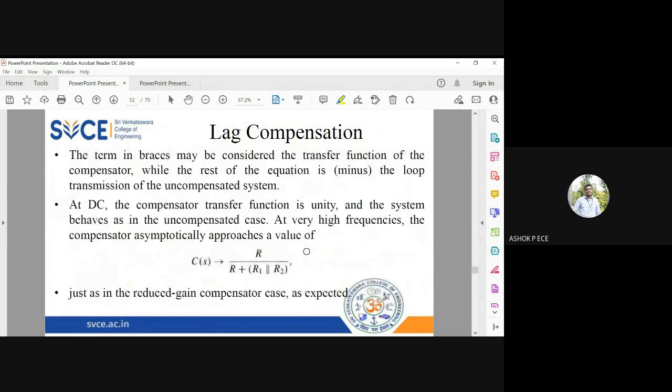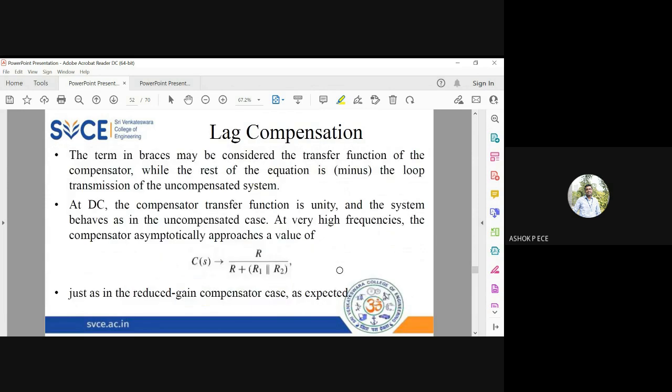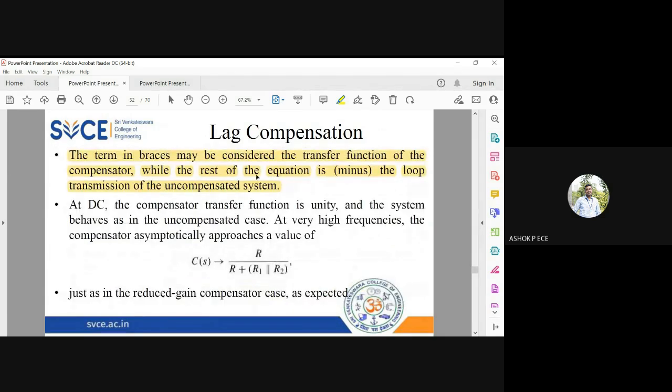low frequency and DC. So in the same way you see in the transfer function, wherever I have R, it is going to be R plus 1 by sC. You see this combination of R and capacitor. So you can simplify and you get a first order term, a constant term, in the transfer function. Okay, so you get three terms here. So the term in the brackets, when we consider it as the transfer function of the compensator, the first term is going to be the transfer function of the compensator, while the rest of the equation is going to be the uncompensated